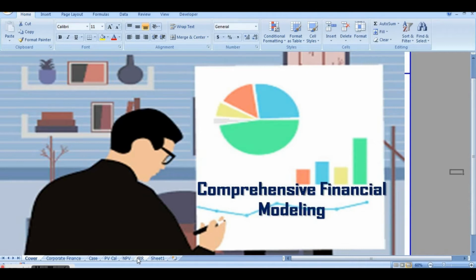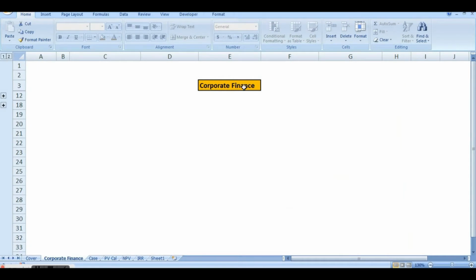Now, before understanding these functions or the use of these functions, it is necessary to understand what project financing or capital budgeting is and what NPV and IRR basically mean. But for that, we will try to understand from the base, from the start, from the definition of corporate finance, because these are closely related to each other. What is corporate finance? Those who are not from a finance background might not know the definition and the concepts of corporate finance. We will try to elaborate a few of them in this session and then go ahead with the use of functions